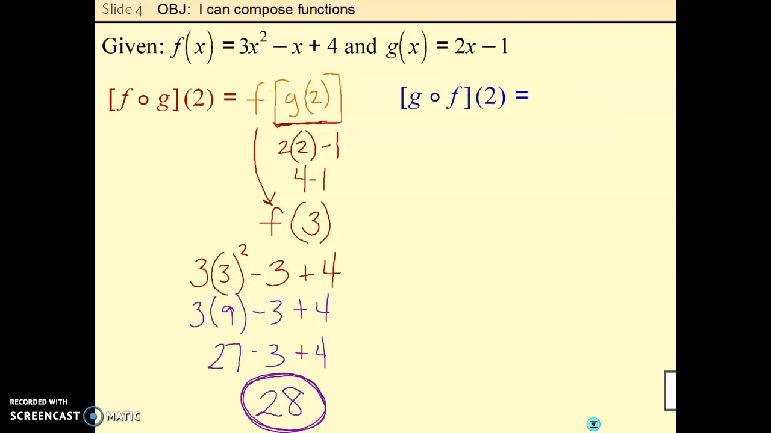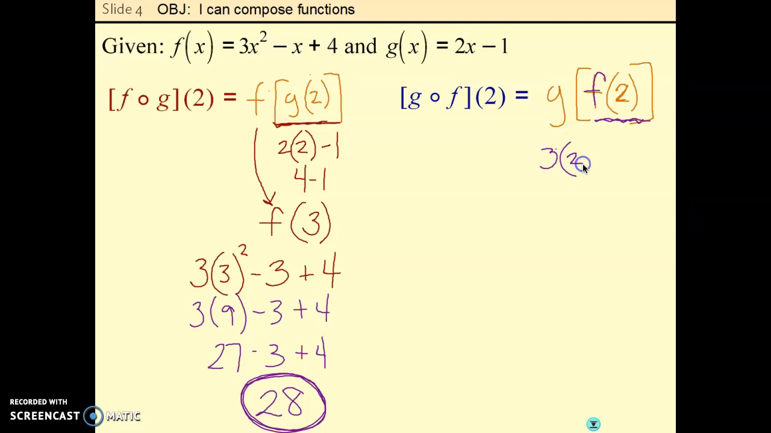So let's try another with 2 as the input again, but now instead of f of g of 2, we're going to do g of f of 2. So the problems look a little bit similar, but the order's different, which should make our answer different. I'm still starting by plugging 2 in, but this time I'm plugging it into the f function first. So plug 2 into the f function, and I would get 3